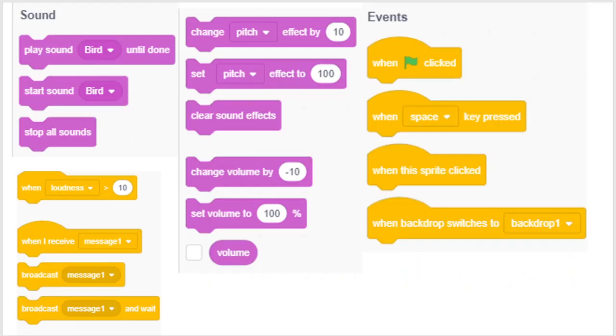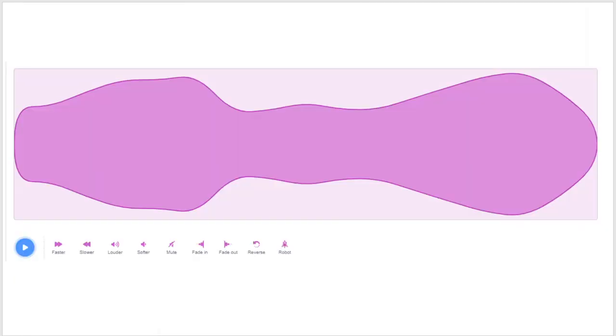In today's video we're going to continue with the 6-minute series and we are going to look at the sound and the events blocks. All these blocks I will cover in 6 minutes. Also we are going to look at customizing your own sounds on Scratch,